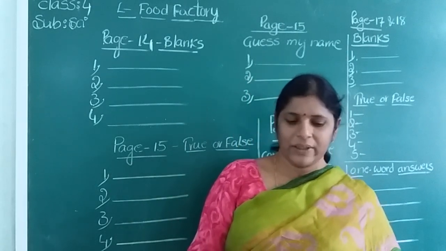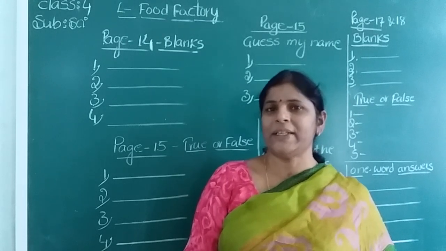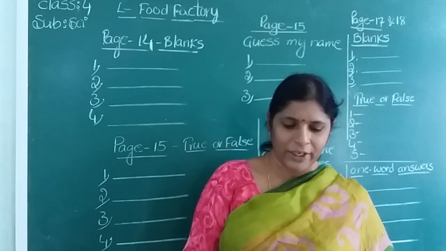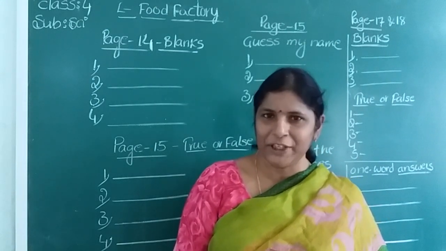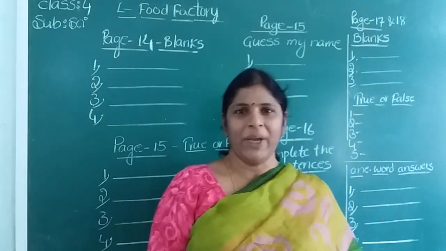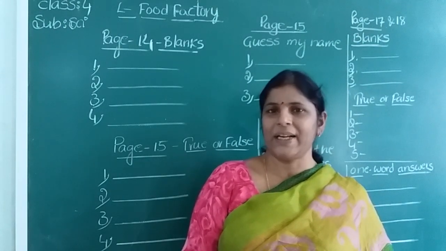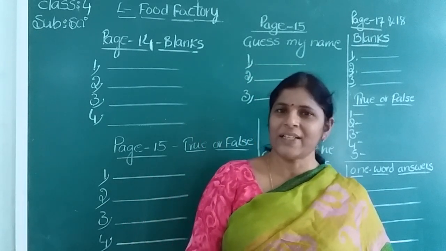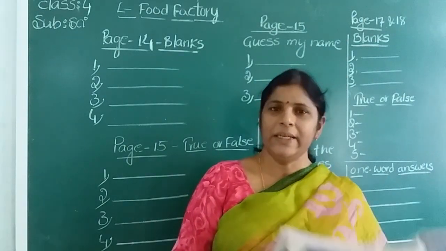Next, the stem. They are asking only one function of the stem. The stem gives support to the plant, and it carries water and food to the other parts of the plant. What is the main function of the leaf? It prepares food for the plant. The flower provides food for bees and insects, and it is the reproductive organ of a plant.